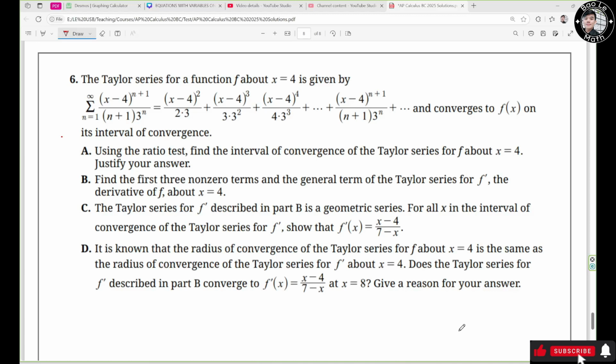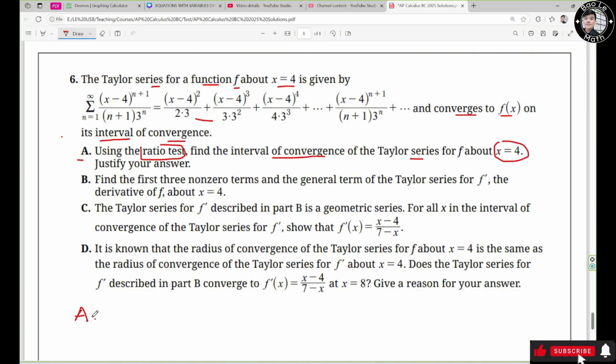Free response question number 6. The Taylor series for a function f about s equals 4 is given by this one and converges to f of s on its interval of convergence. Question A: using the ratio test, find the interval of convergence of the Taylor series for f about s equals 4. Alright, so